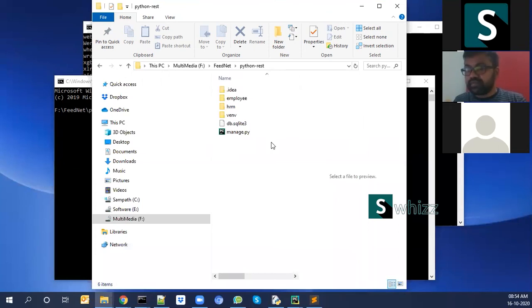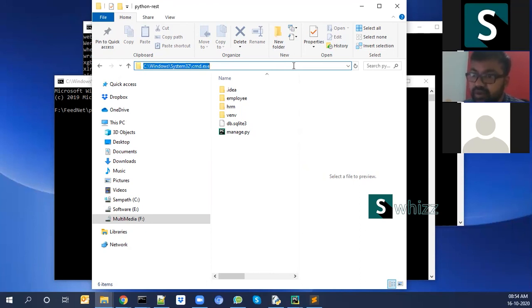I'm creating a folder named Python in my D drive. You can create your Python folder in D drive, and from that specific path you can type CMD and press enter.